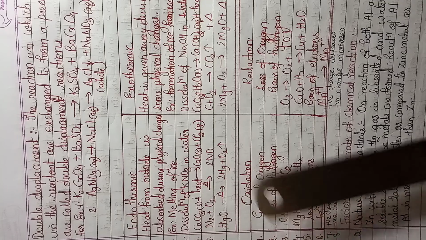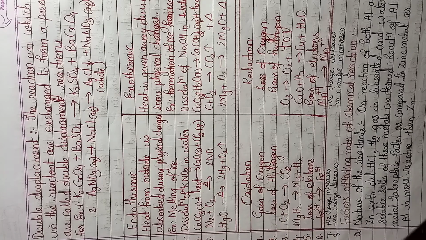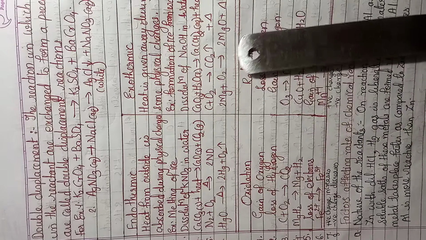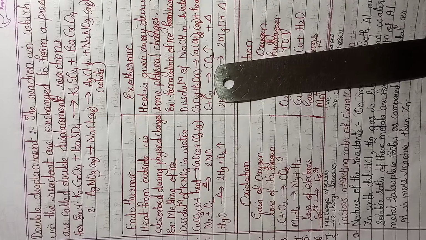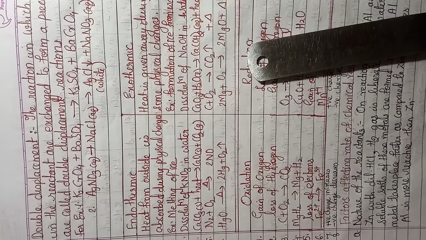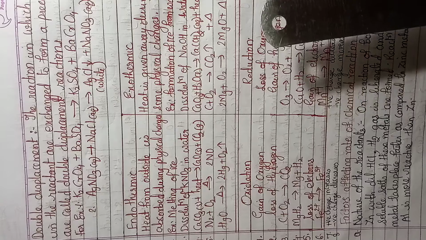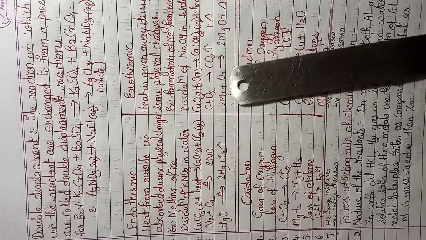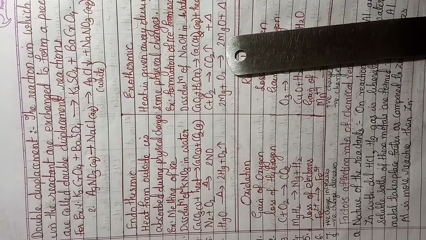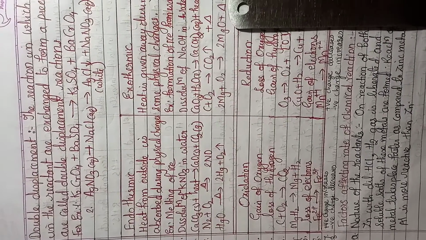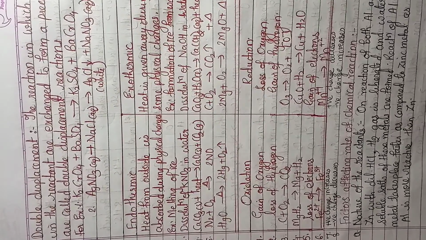So in all these cases, what has happened here? Heat is being absorbed, and therefore it is called endothermic. Whereas in this case, calcium oxide reacts with water to form calcium hydroxide. Here heat is released out. Then carbon reacts with oxygen to form carbon dioxide and heat is released out. So in all these cases, heat is given out and therefore it is called exothermic. Like in an exhaust fan, heat is released out. Same way in exothermic also, heat is being released out.